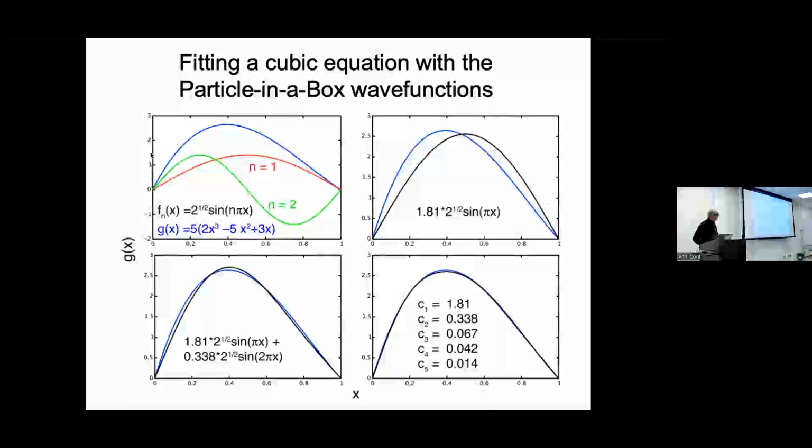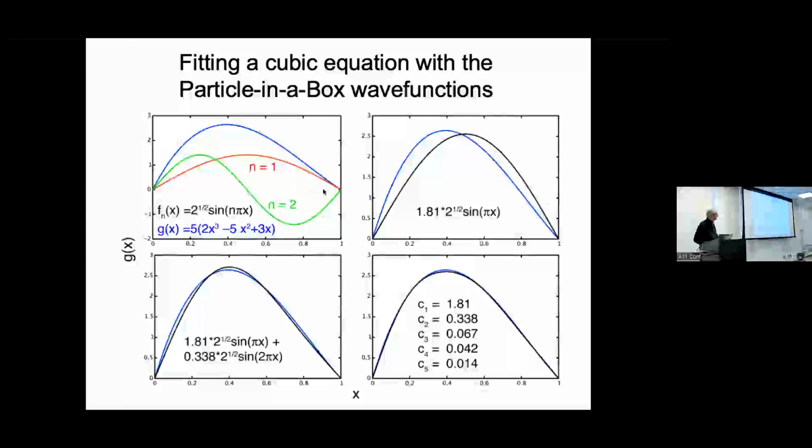So here in blue is just some function I made up. It's a cubic function with arbitrary coefficients. I just made it up to have some arbitrary function. And it has the same boundary conditions as the sines. It's 0 here and it's 0 over here. Here's the first function. Obviously, if n is equal to 0, I get 0 because sine of 0 is 0. If n is equal to 1, you can see that's just the first lobe of the sine function. If n is equal to 2, I get a full cycle of